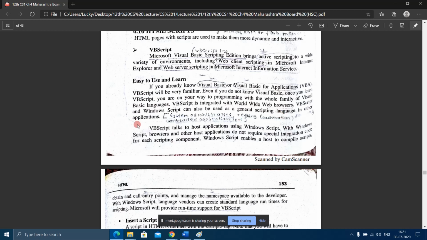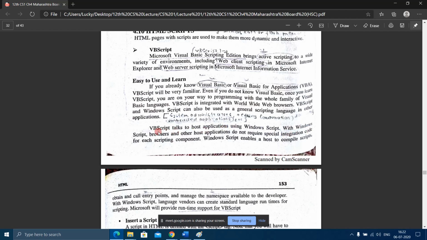Here it is: VBScript talks to host applications. That's what I'm telling you. If Internet Explorer has to understand VBScript, Windows Script should be there. So that's what is written here. VBScript talks to host applications using Windows Script, host applications like the softwares we were talking about.